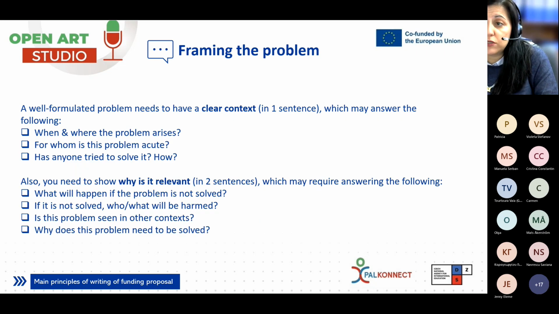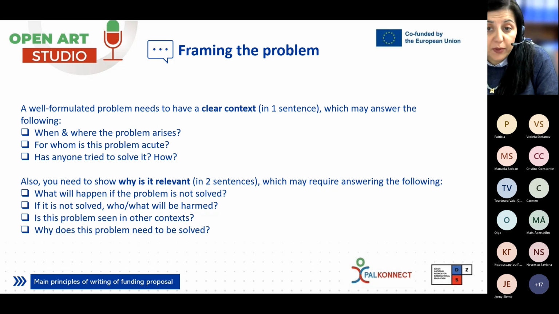And every project proposal needs to address a certain problem or a few of them. Therefore, to write a good project, you need to know and write down the problems. In fact, I have already introduced several of them, but a well-formulated problem needs to have a clear context in one sentence, which may answer the following: when and where the problem arises, for whom the problem is relevant, has anyone tried to solve it, and how. Also, you need to show why it is relevant in two sentences, which may require answering the following: